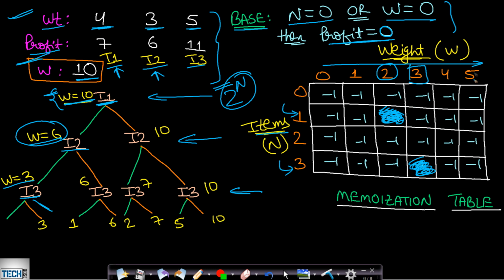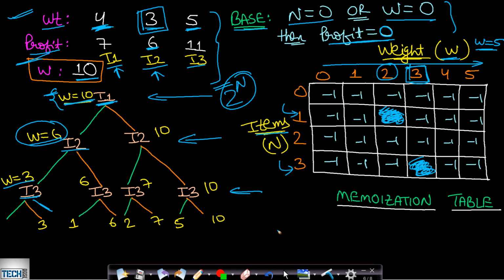Okay, so in this case I am assuming that weight available is equals to 5 only. So in this case, let's say if you have all these 3 items and your capacity of the bag is 3, then obviously you will be only able to include this item, because this item is having higher weight 4 and this is higher weight 5. So since we are including this weight, our profit will be 6.